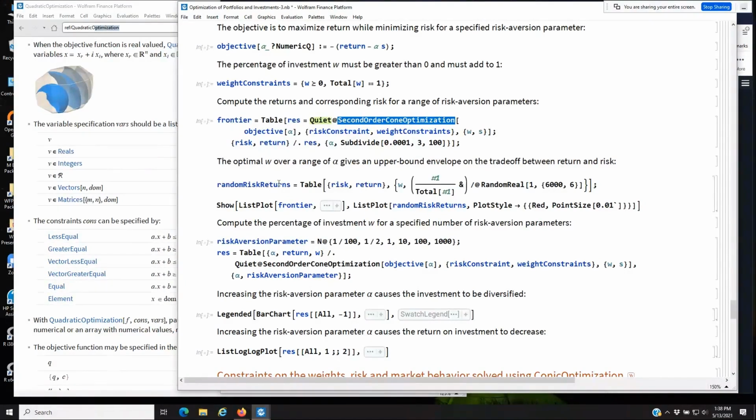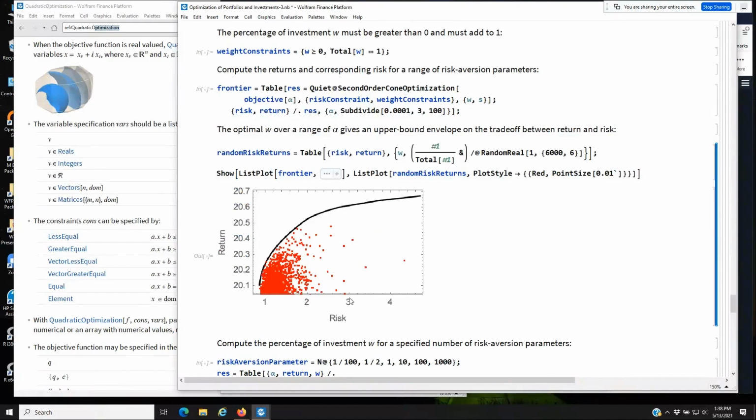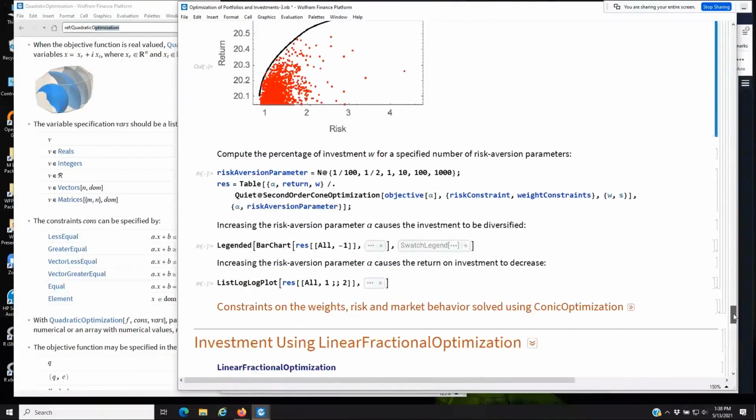Then in the same way as beforehand, I generate all of my random values and plot them up, and we'll get a similar approach. In fact, almost identical behavior as beforehand. And again, what I can do here now is, for a much smaller range of the risk aversion parameter, set up a particular set of values here, get the second order result, and substitute it in so I get a bunch of triples